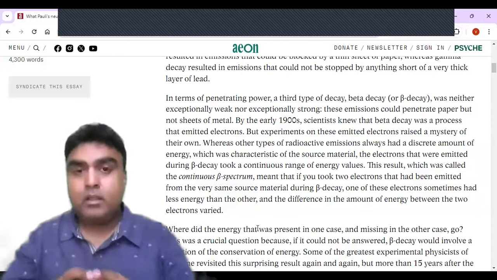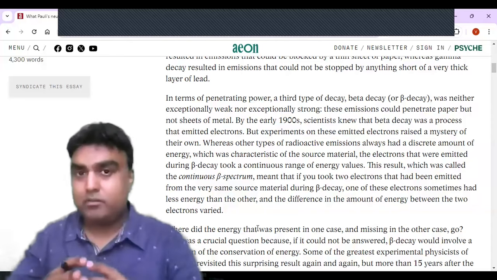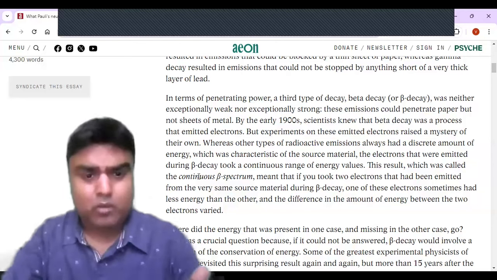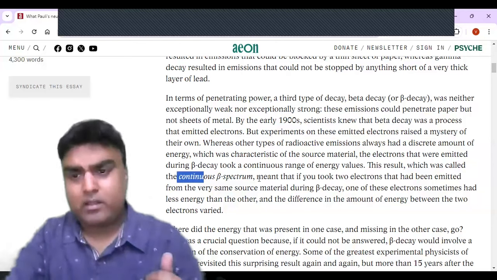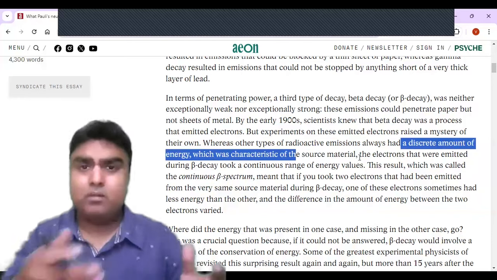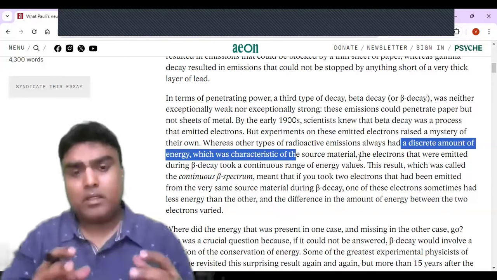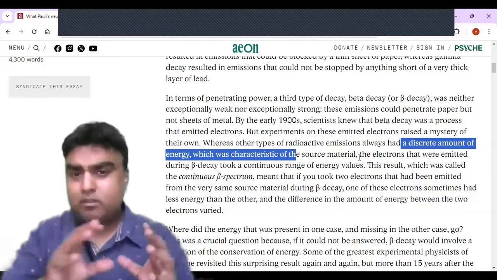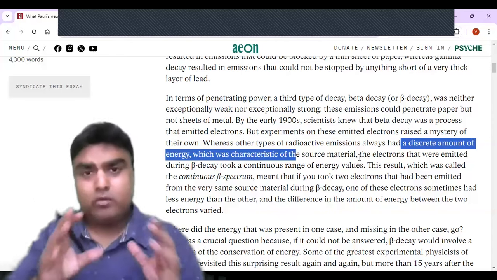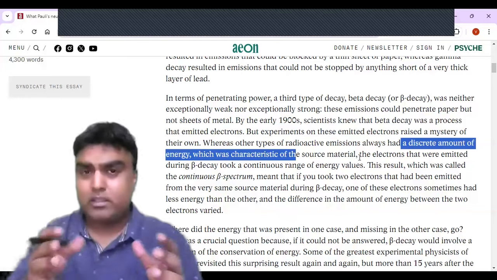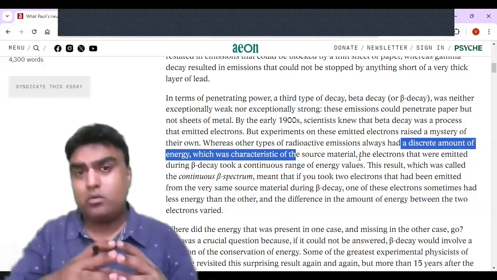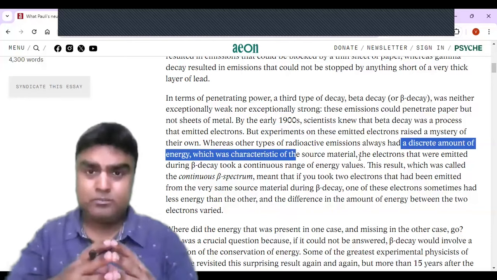Okay. Now, when we read this paragraph, there are many things we may not be able to understand. For example, let's say I'm not able to understand what is the continuous beta spectrum. Even this discrete amount of energy, I'm not able to understand. Discrete in a word means distinct or separate. But then also I'm not able to understand what exactly this sentence means in itself. But then also, even without understanding the phrases and sentences, am I able to get the main idea, even without having a good knowledge of physics or science?